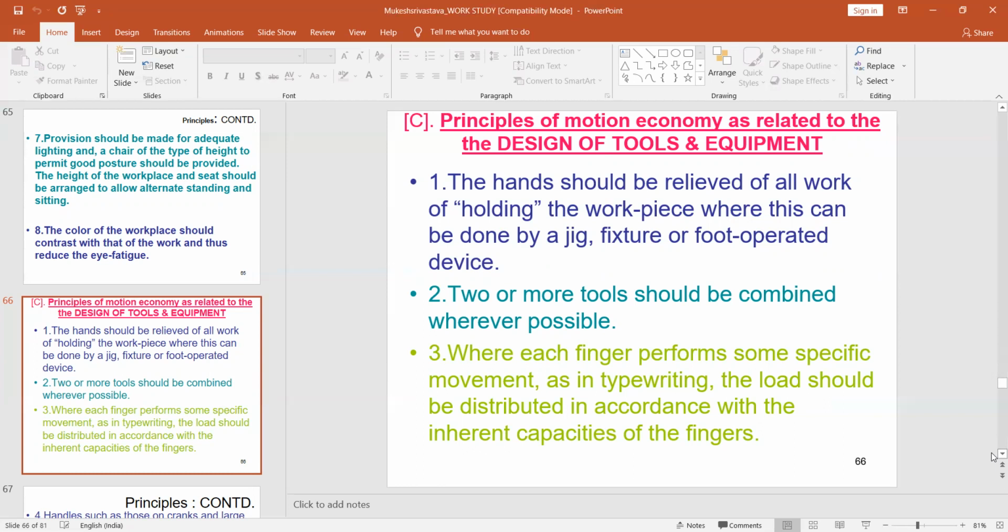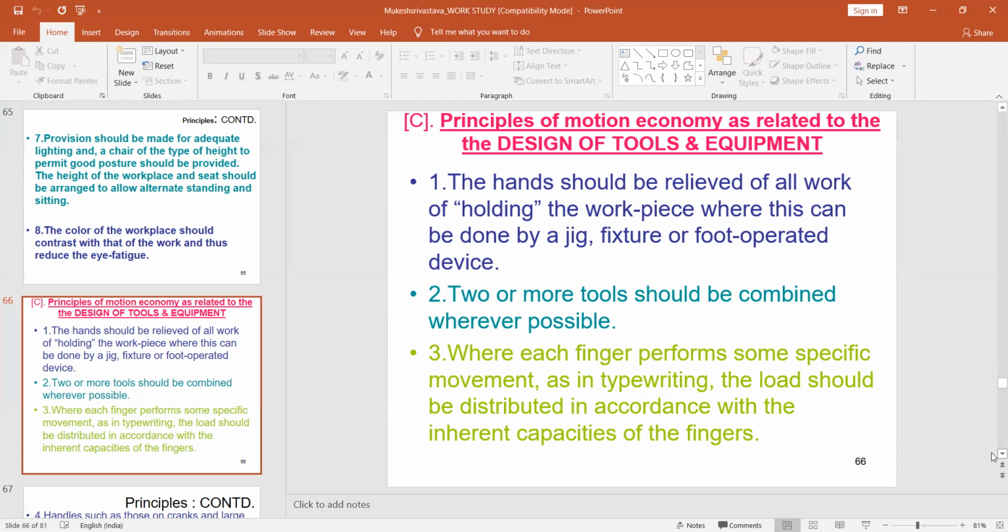The foot is idle, so we need machinery such that we can perform operations using our feet, and the fixture and the jig can be utilized on a workpiece so that holding is reduced, and that can increase your efficiency. Your hand is free, so you can use your hand in other work as well.